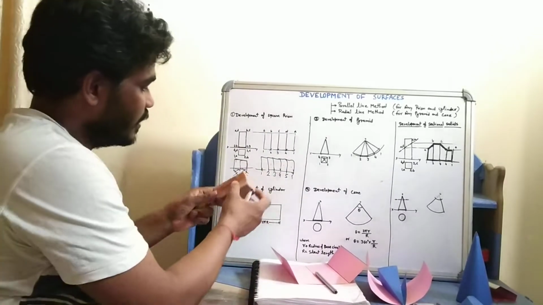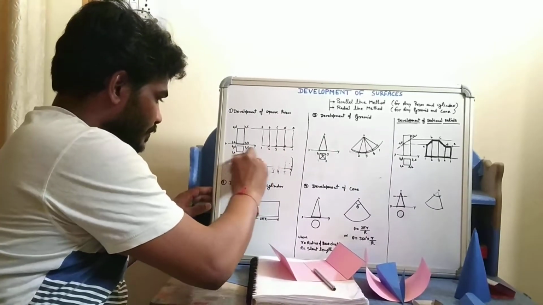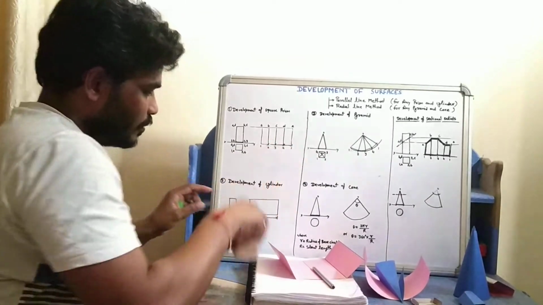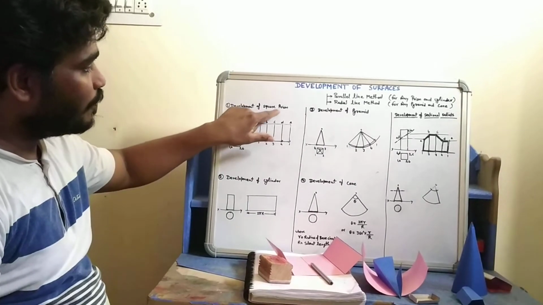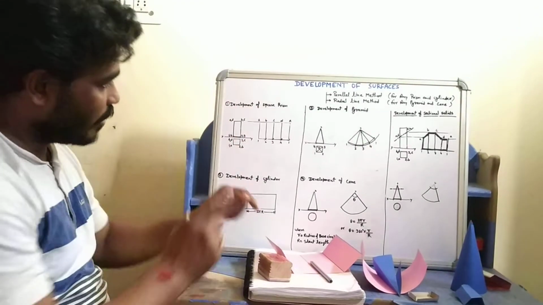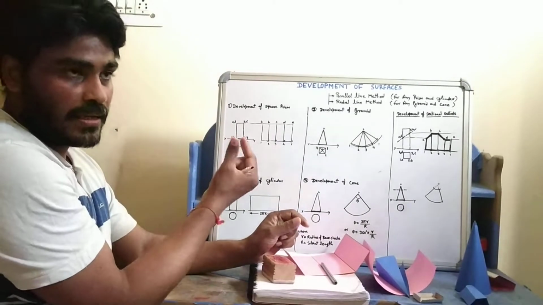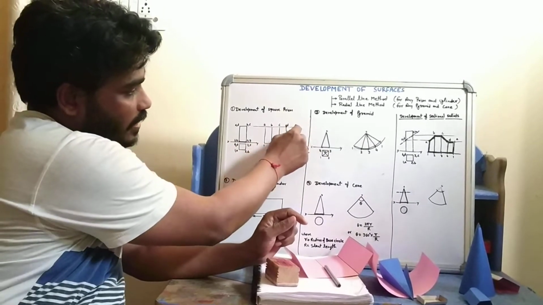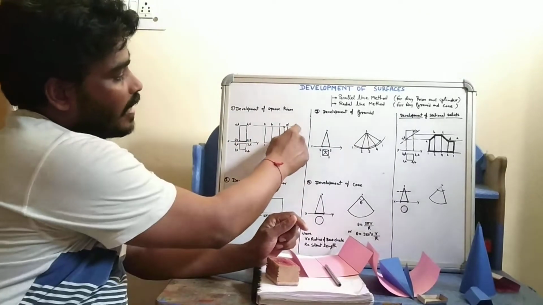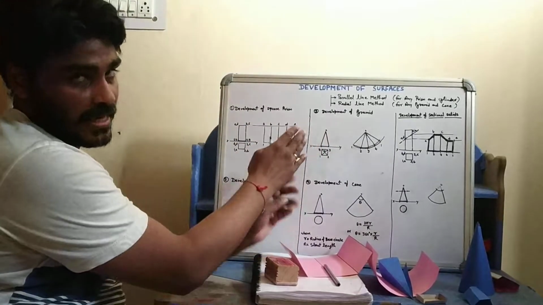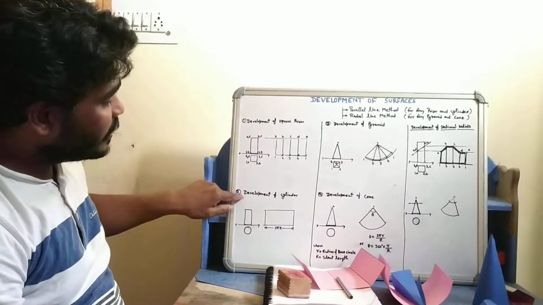Okay, let's take the next example. So this is what we do if we have to develop the surface of a prism, a square prism. In case of a square prism there are 4 faces. In case of a pentagonal prism, we add one additional side. In case of a hexagonal prism, one more additional side, means there will be 6 sides. I think it's clearly understood. Next is development of a